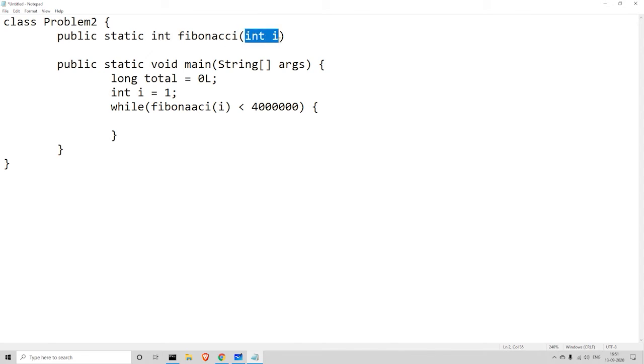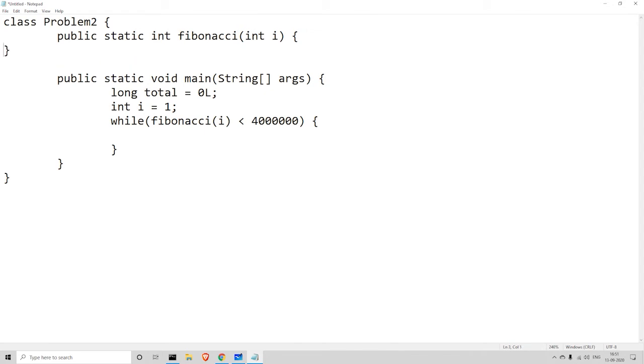Inside this parenthesis, you have to give two things for one variable: I'm giving i as the variable name and int as the data type. Whenever you define this function, whatever you give inside the parenthesis has to be an integer. So that's how the function works.